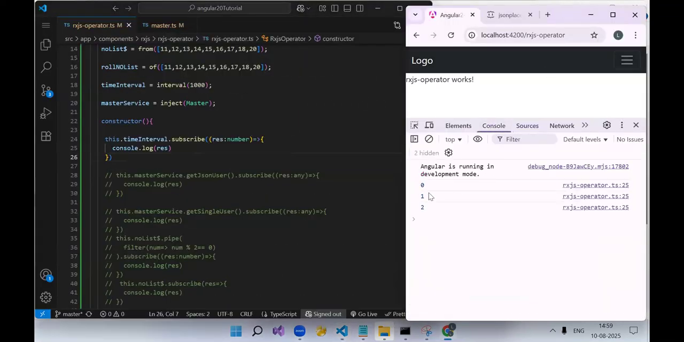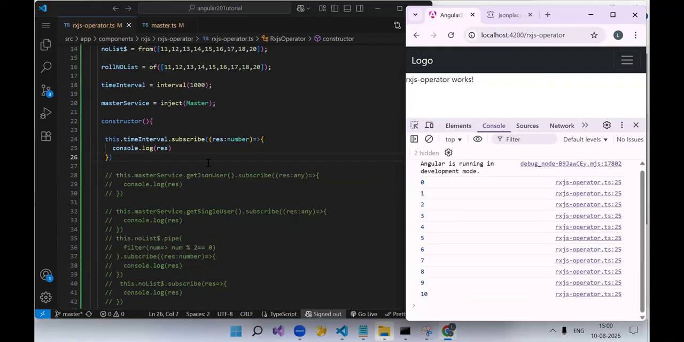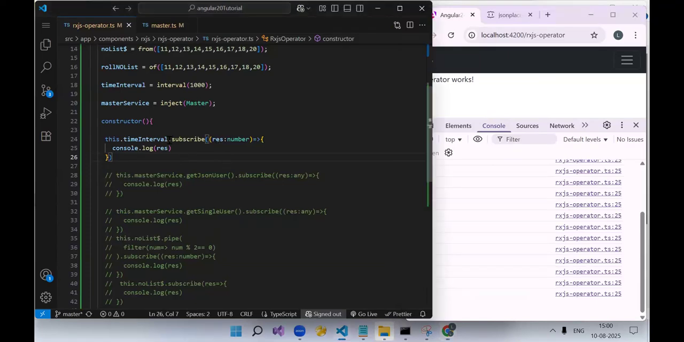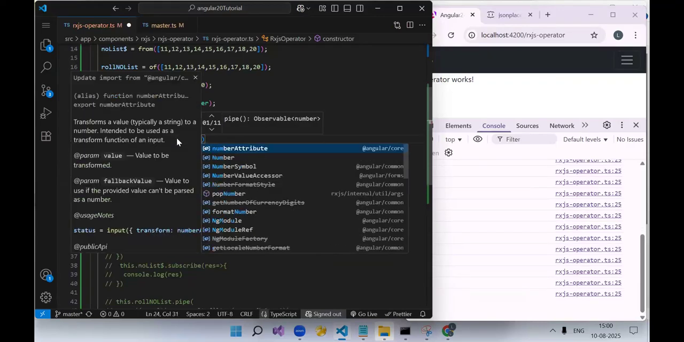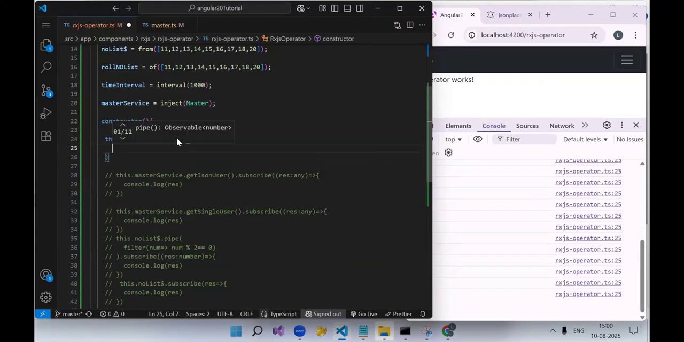After every 1 second, see, it is printing. Now let's say instead of printing the whole number, you need to subscribe to even numbers only. So what you can do, again, you will remove this and use the pipe operator, round brackets, you need to use filter